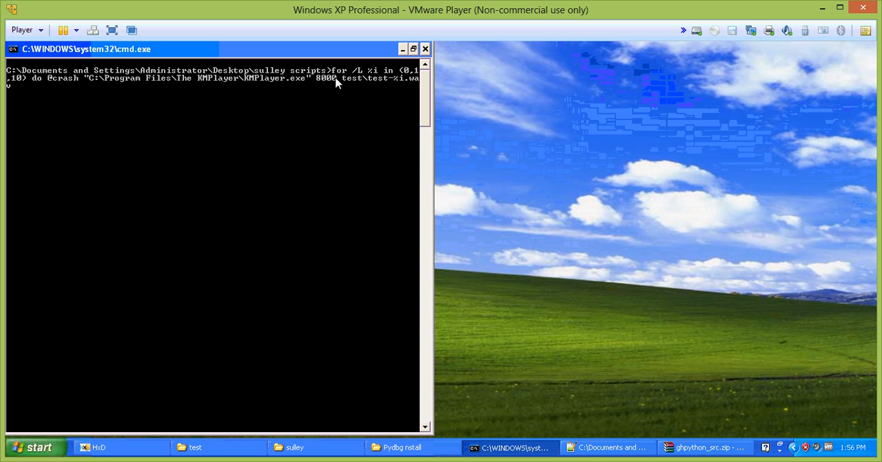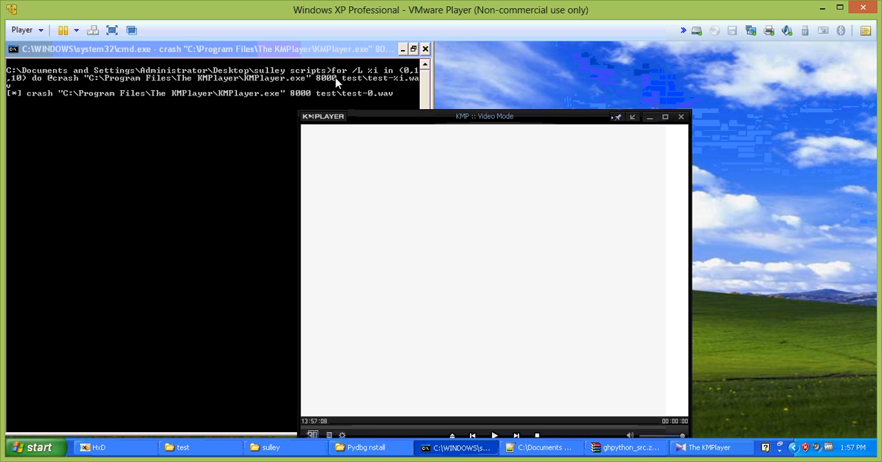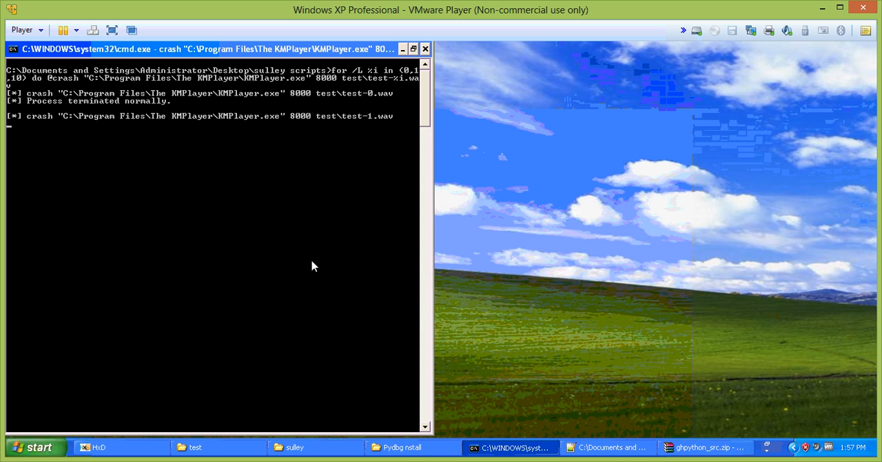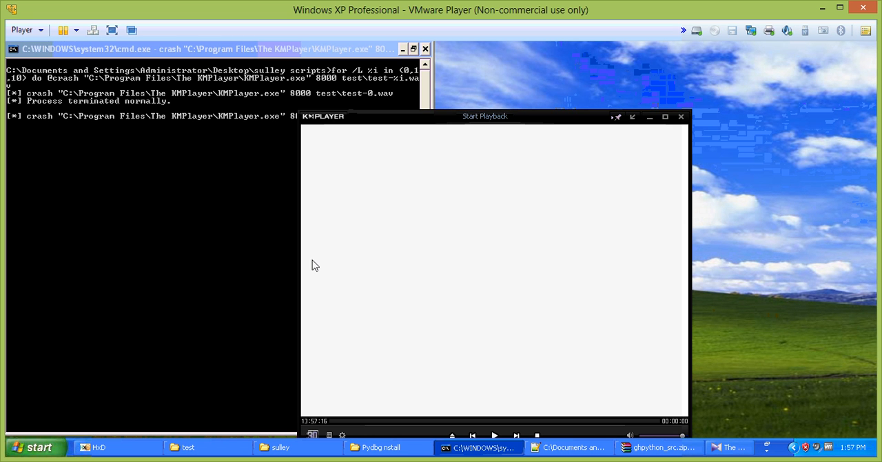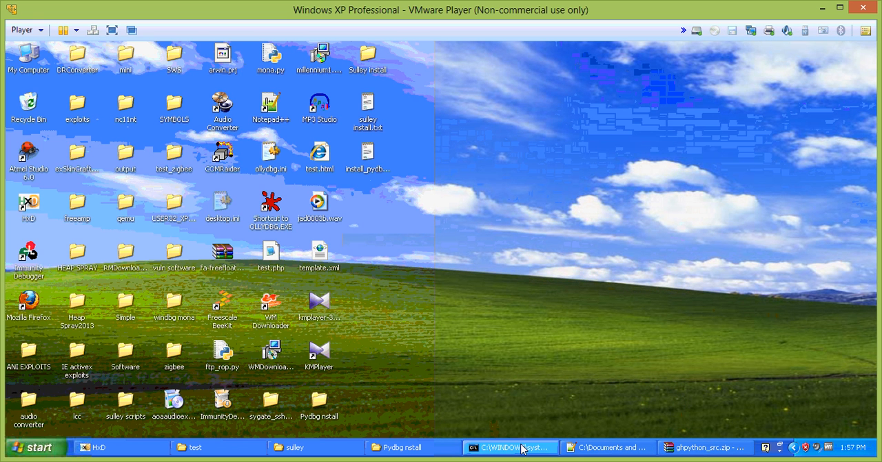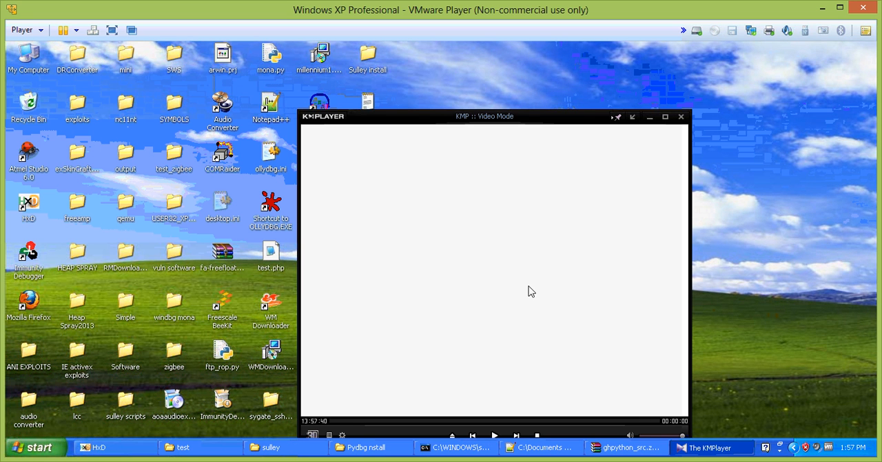So let's go through our script and let's see if Sulley can identify this integer division. So it's trying to open up the very first test0 file, and it doesn't seem like it's crashing at this point of time. It indicates that the process terminated normally. And looks like the second file itself caused the integer division. It says divide by 0 and then has an EDX value. So it seems like the KM player crashes with the very second file itself. So it looks like we have identified the integer division